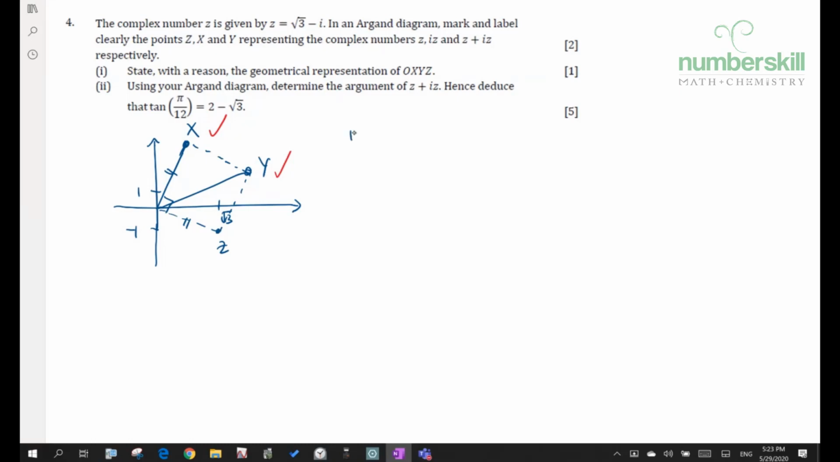All right, part 1. The answer is a square. And that's it. 1 mark. But they actually mentioned something about "state with a reason". Okay, state with a reason. So you probably have to give at least a reason. So you can say that